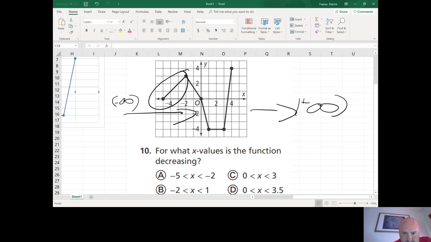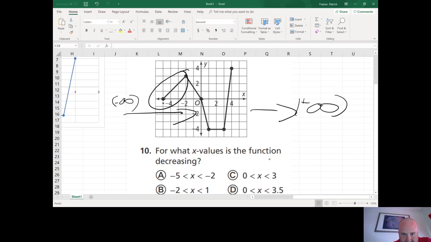So over here, as x approaches positive infinity, at least between -5 and 0, as the input is getting bigger, the output is also getting bigger,